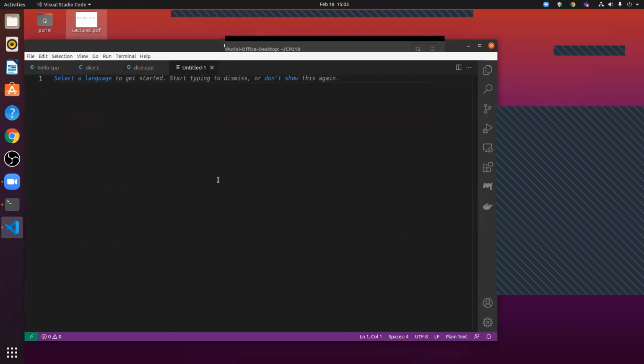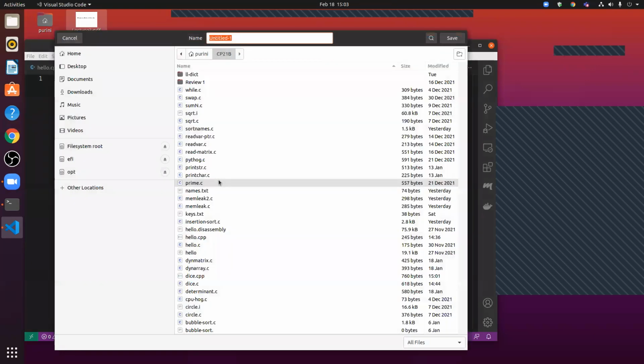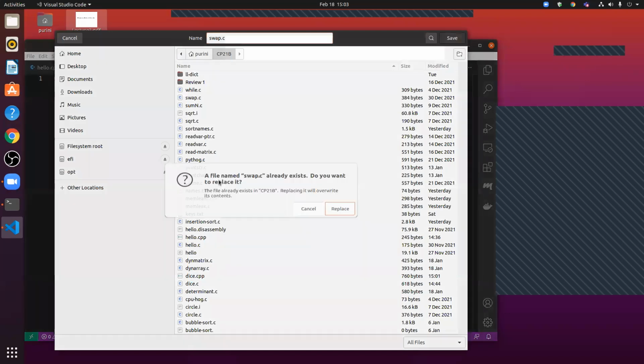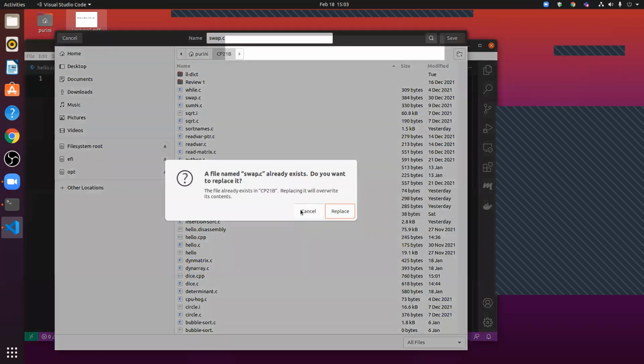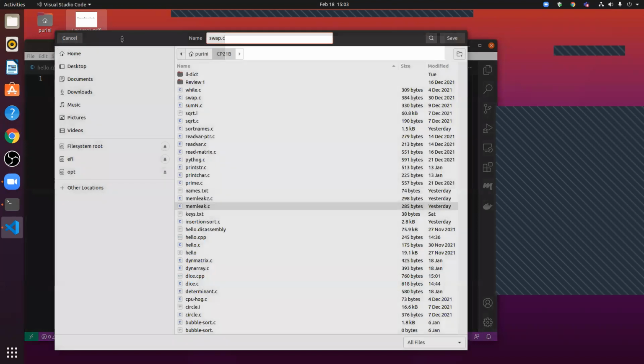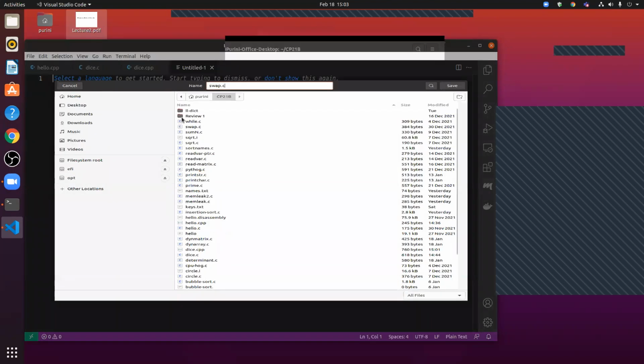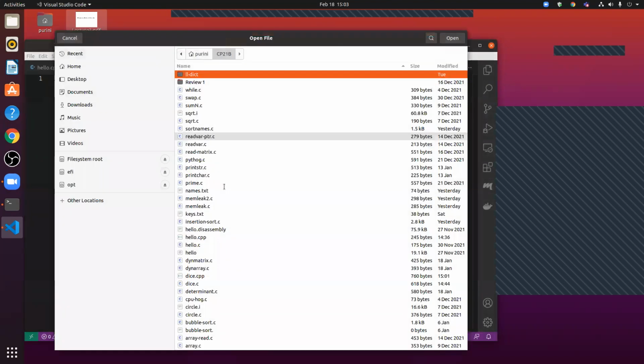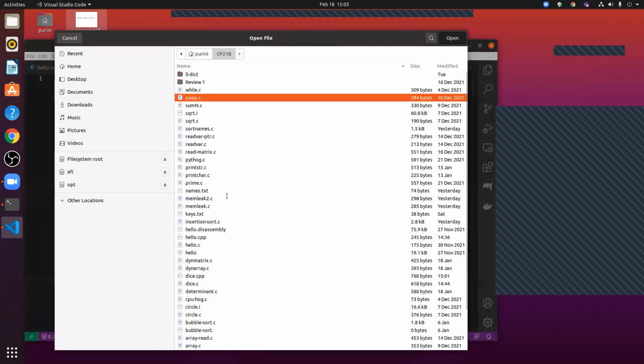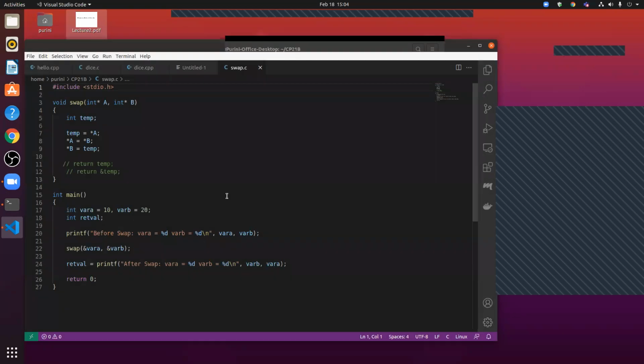So you recall swap.c. Let's see, there is a program swap.c already present. So remember this program, swap.c. Here, when we want to swap two integers, this is the code that we have.